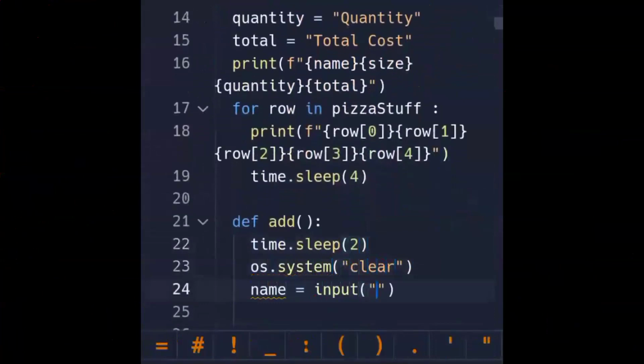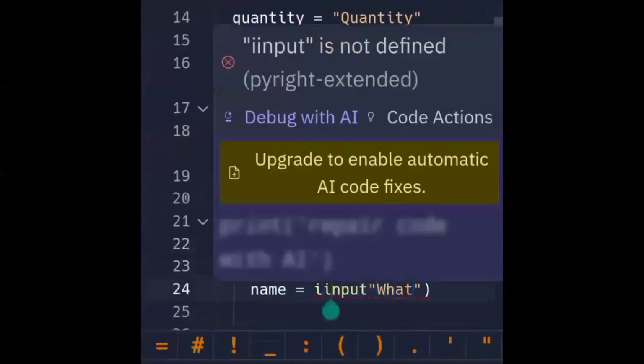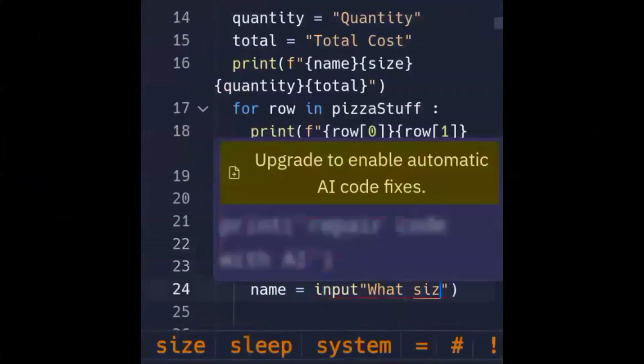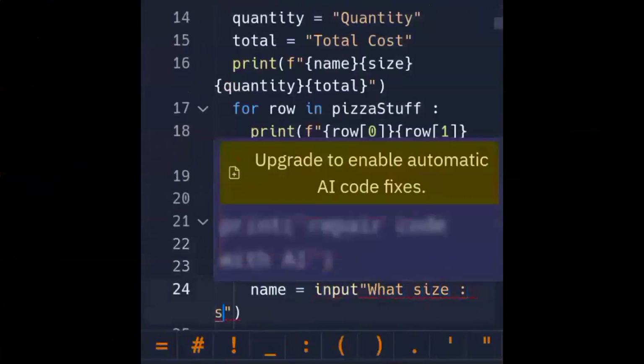So what are the variables that you'll be creating for the add function? First, you want to create a variable called name. Now that's again up to you. What is the type of variables that you'll create? It could be name of the customer, name of the pizza. In this case, I make it like name of customer. So name is going to be user generated. So remember, you have to use the inbuilt input function. So name equals input. You want to ask the user,